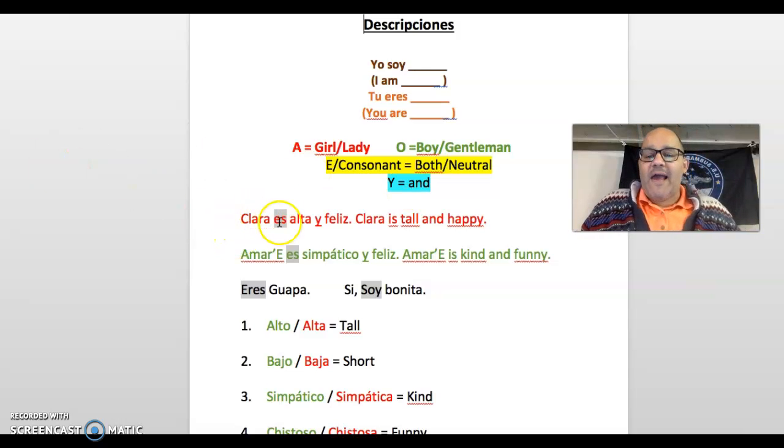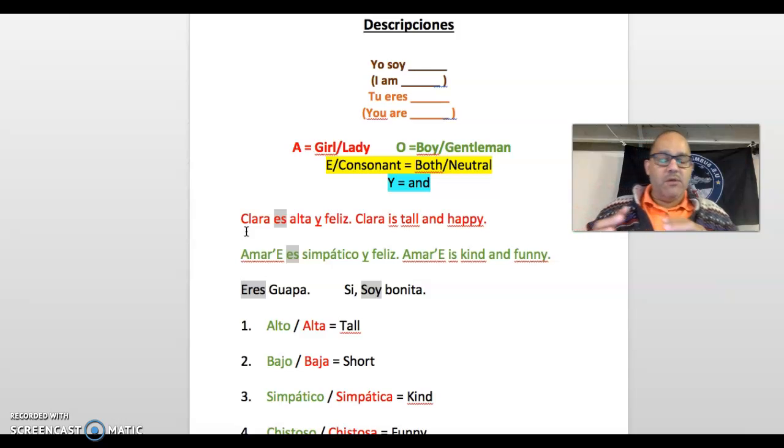For example, Clara es alta y feliz. Clara is tall and happy. Amari es simpático y feliz. Amari is kind and funny. Clara is a girl. So, los adjetivos tienen que estar en acuerdo con la persona. The adjectives need to match